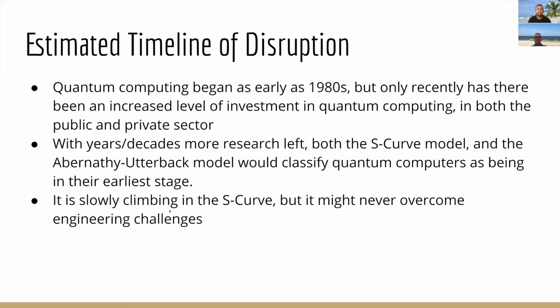Quantum computing first began in the 1980s when physicist Paul Benioff proposed a quantum mechanical model of the Turing machine. In 1994, Peter Shor developed a quantum algorithm that could decrypt RSA encrypted communications. Quantum computers have been a dream of decades, with big companies only recently starting to increase their funding into the research. With years or even a decade's worth of research left to go and several steep engineering hurdles to overcome, the two models that describe innovation as a cycle would place quantum computers at the very beginning of their journey, despite the 40 years of prior research.